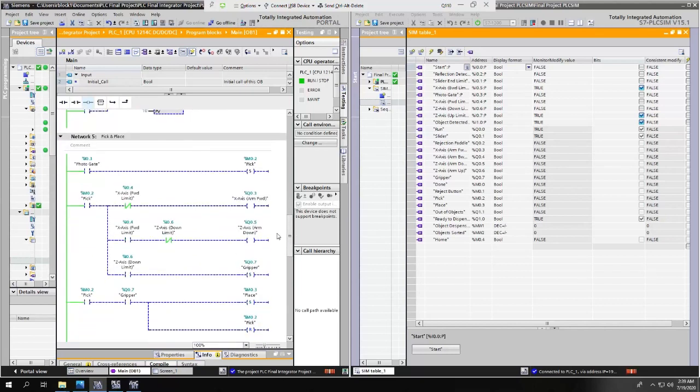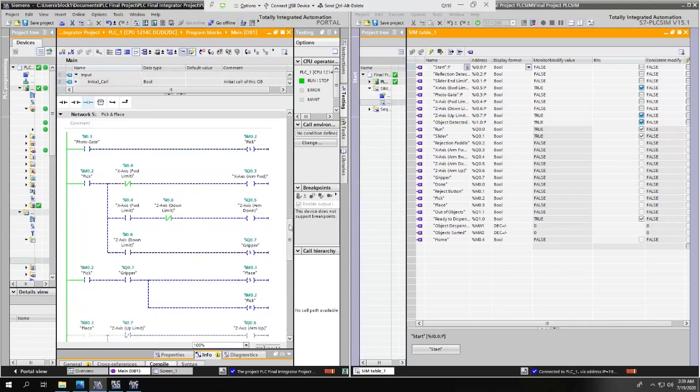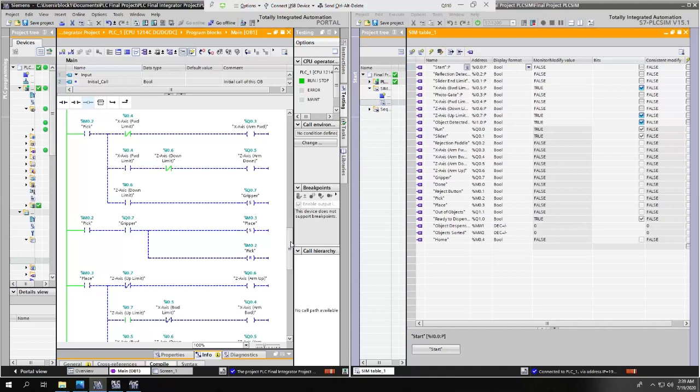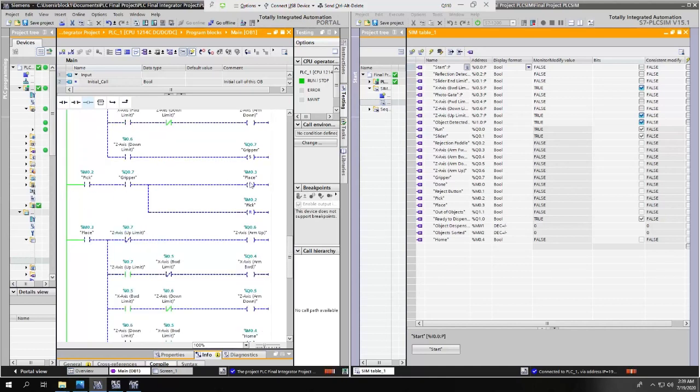For network 5, we have our pick and place robotic arm, which is activated by the photo gate, and upon doing so, it sets the pick process. These are all separated to make sure that the robotic arm positions don't interfere with each other, so that the arm movements are fluid and go in the right order. In the pick process, the arm moves forward, down, and then closes the gripper, which indicates that it has got the object. In doing so, it sets the place process and resets